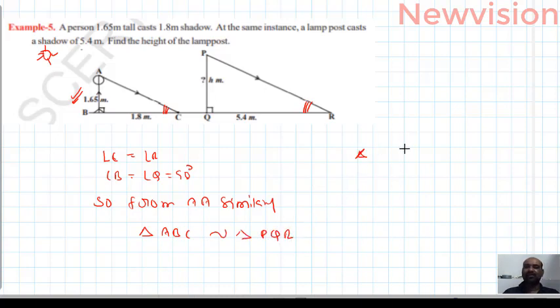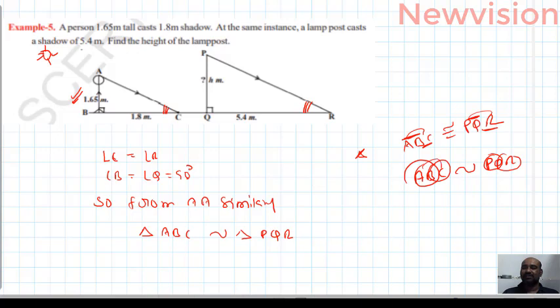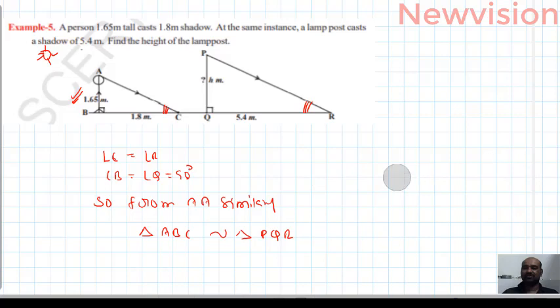Students, important: while writing congruencies or similarities, order is very important. For example, triangle ABC similar to triangle PQR means side AB equals side PQ, side BC equals side QR, side AC equals side PR, angle A, meaning angle CAB, equals angle RPQ, angle BCA equals angle QRP, like that. In similarities also you need to take care. For example, triangle ABC similar to triangle PQR means side AB must be proportional to side PQ, side BC proportional to side QR, side AC proportional to side PR. They are only said to be the corresponding sides.